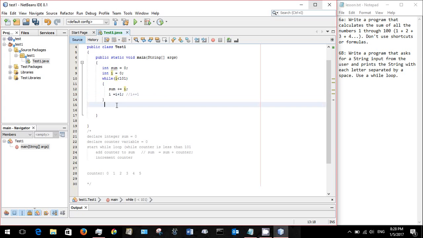Alright, let's see. Now, just for the sake of seeing what the answer is, we're going to print it out. I'm going to print out sum at the end, to see what the result of our coding was. And notice that we have to declare sum outside of here, right? So if we declared it inside,